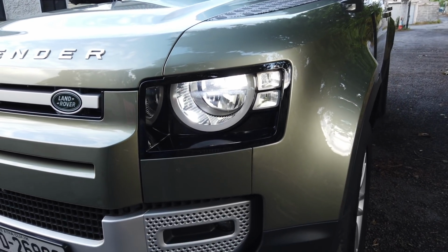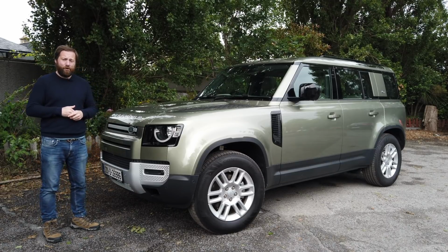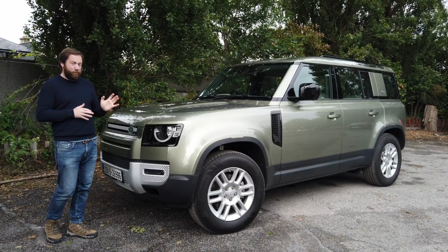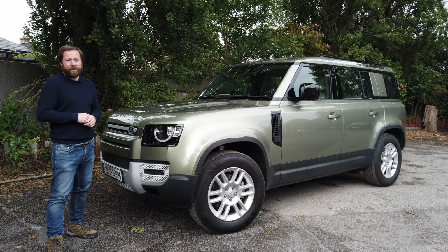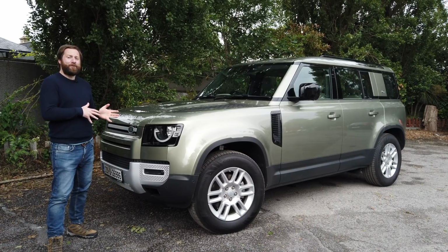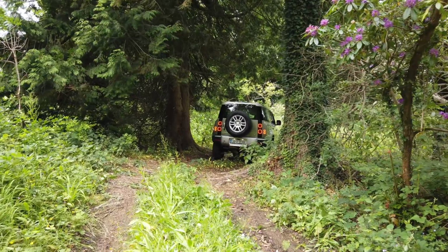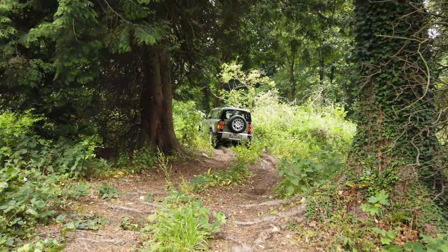Now, this new Defender comes with all-wheel drive, and as you'd expect, it's a very capable machine off-road. But I think most people aren't ever going to go off-road in this thing. Given that the price tag of this one is pushing 91,000 euros, and this isn't even close to the top spec version that we get here in Ireland, it's certainly a very different product to the old Defender that people are used to seeing working on farms, being a workhorse. This is probably not going to go much more off-road than the local mountain bike car park, but nevertheless,